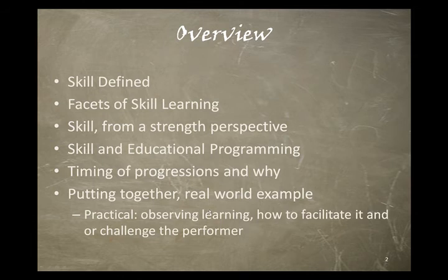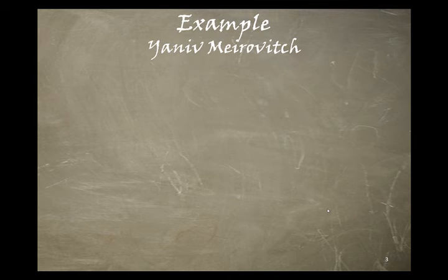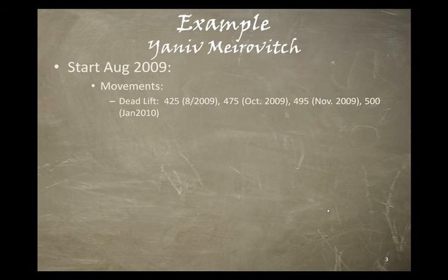What we're going to go over today is the practical side, or putting it together. Let's put all of these previous points and dump them into this part right here, and we're going to go over an athlete that I had trained for two competitions. The first was a strength competition, powerlifting in New Jersey, and his next competition was a strongman. What I'm going to show you is we started somewhere in the neighborhood of August, September-ish,